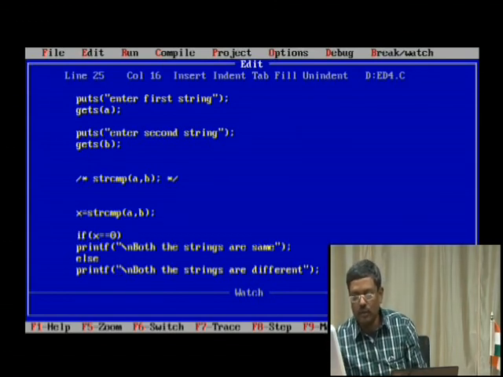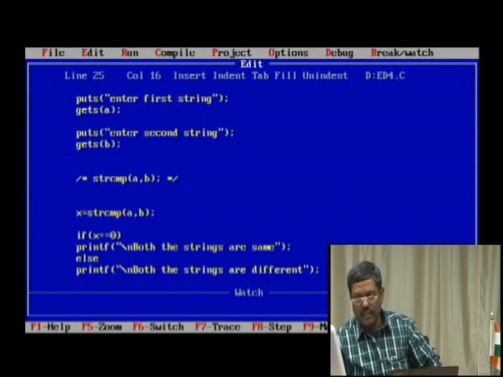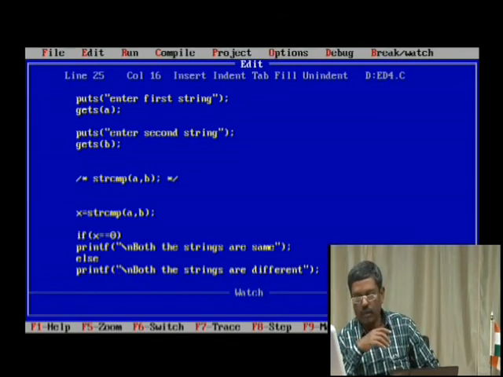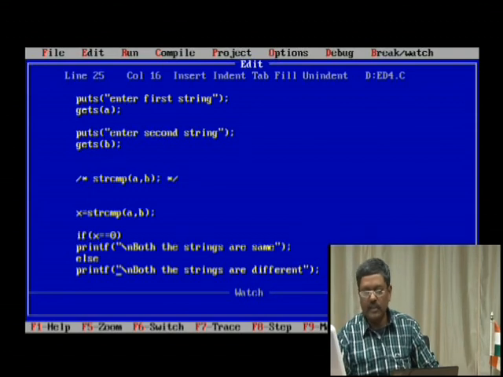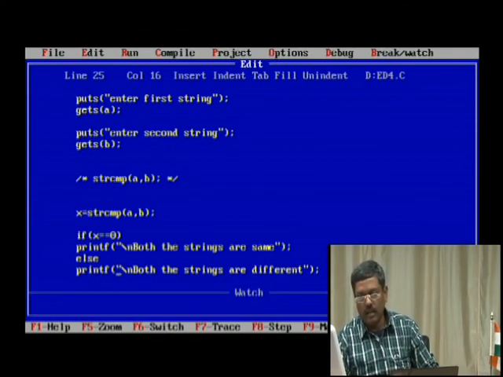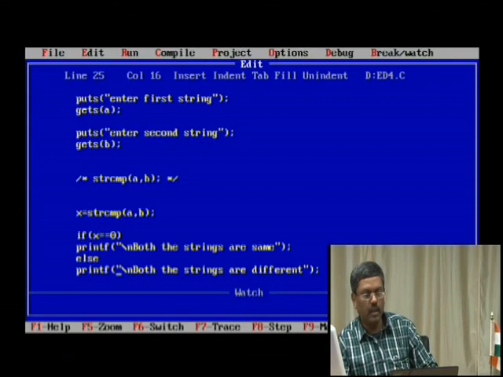So try to understand. Try to write a program logic of your own, which can actually get the things done without using a library function. I will give you a hint. Input both the strings, and then start reading. How to compare character by character? If a of 0 is equal to b of 0, both are one and the same, you have to check character by character.